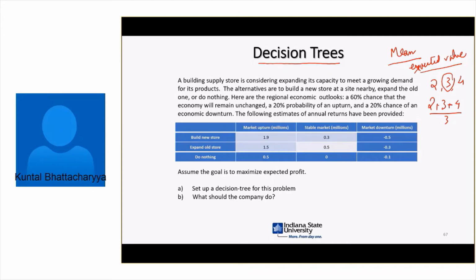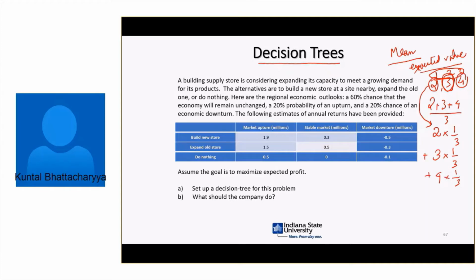And therein lies the basic idea of probability. So in essence, you have 3 events here: event 1, event 2, and event 3, right? The first event has a value of 2, the second event has a value of 3, the third event has a value of 4. And therefore, the probability of choosing 2, or that specific event from 3 events, is 1/3. The probability of choosing 3 out of those 3 events is 1/3. The probability of choosing 4 out of those 3 events is 1/3. So all you are doing is you are taking the products of those and adding them up.